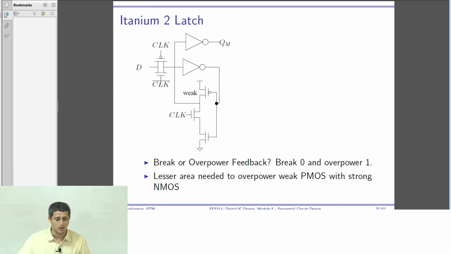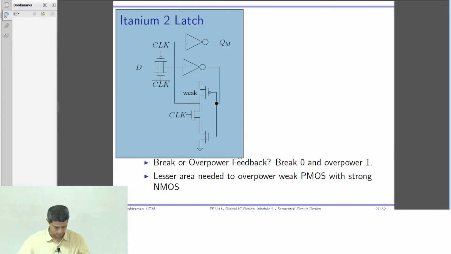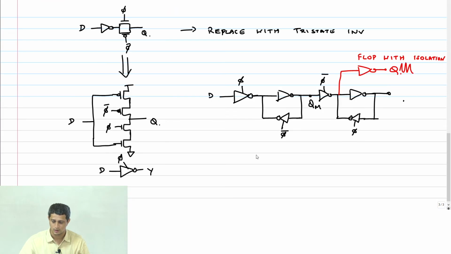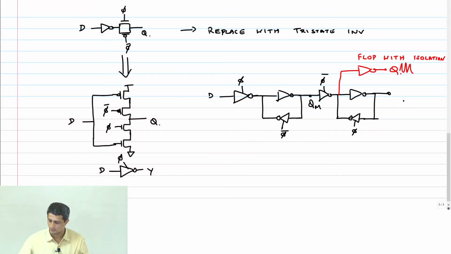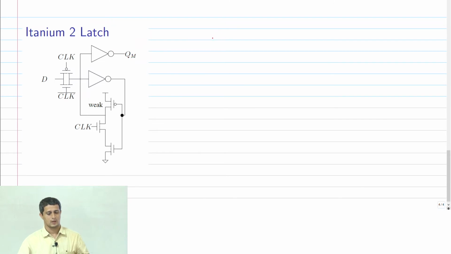I'll basically copy paste this here. So this latch, of course, has been drawn with a pass transmission gate in the beginning. You can always replace that with a tri-state inverter, it doesn't matter. Is this latch a latch with breaking the feedback or overpowering the feedback configuration?